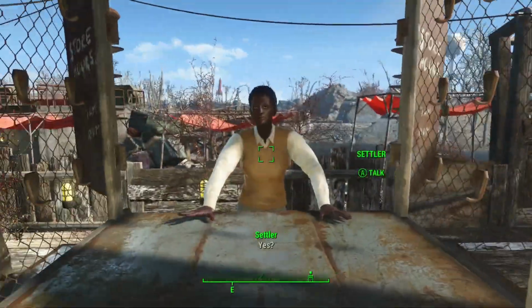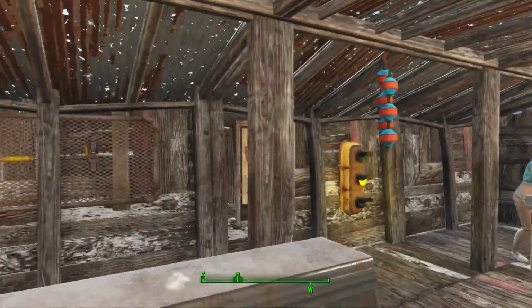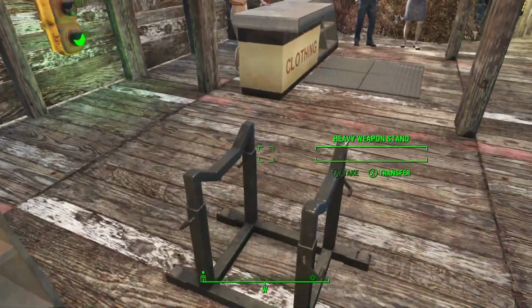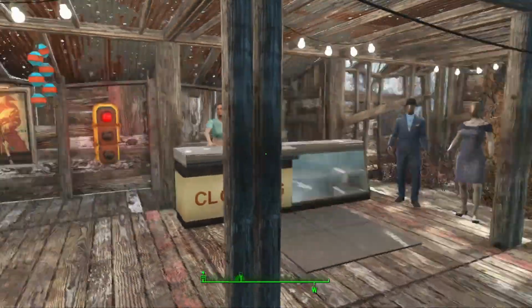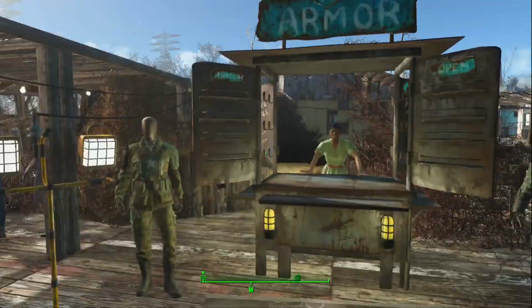We have a general store with someone manning the general store with lots of general stuff. We have a weapons store over here with a nice super sledge, Silver Shroud, and nothing in there. I don't know why nothing's in there, someone must have stolen that. We have a clothing store with lots of cool fancy clothes, and over here we have the armor store